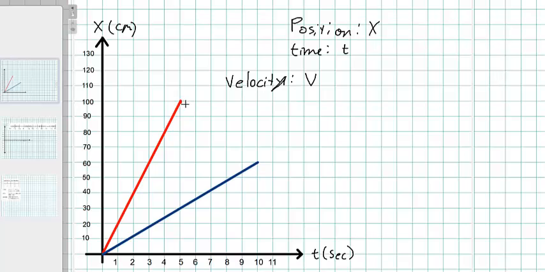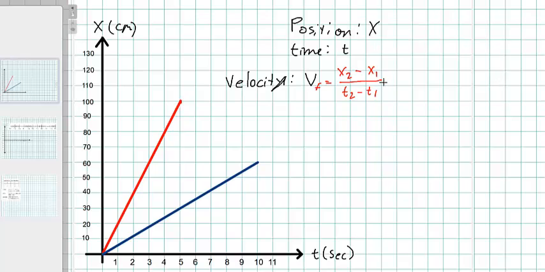So if we find position 2, which we'll take for the red one as 100, let's write this in red. So v for the fast car is going to be